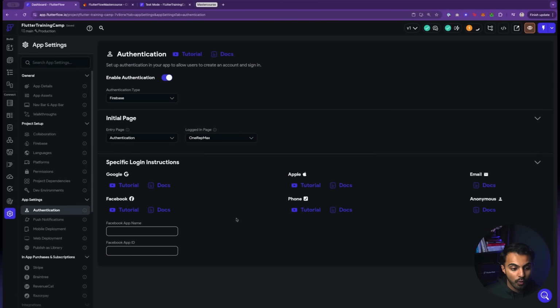Okay. And if I wanted to do sign in with Facebook or sign in with Google, they give you some instructions right here as to how you would do that. So if you wanted to go through that, you can see the docs here. They're pretty straightforward. So beautiful. Notice something. As soon as I did that, all of my bugs went away. So I love solving bugs. That's always good.